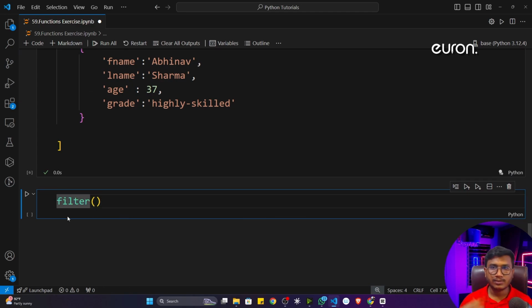Now see, filter will return a filter object, so I just need to convert it to a list. Now I'll get the output. Fine. Now inside that, I'll write a lambda function. It will take an input, let's say x, and it will check whether it's true